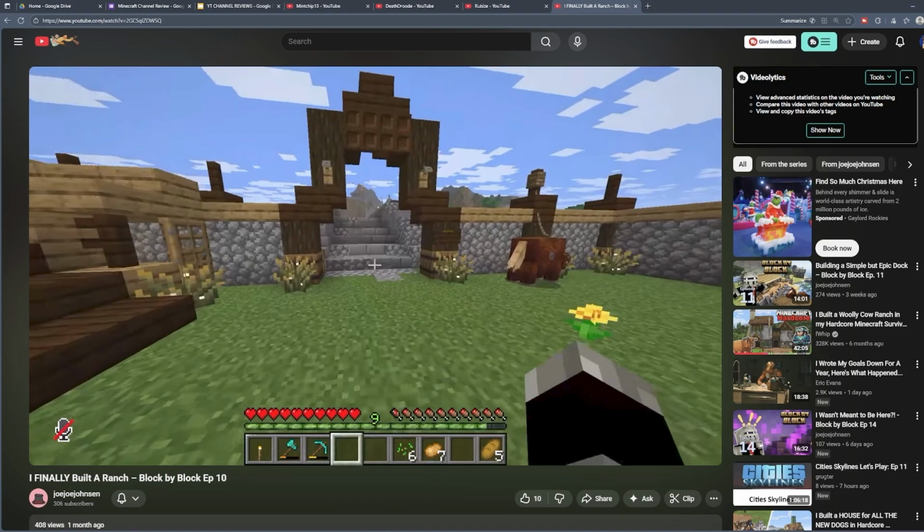So I would spend some time thinking about how I can explain what block by block is in one sentence in a way that would intrigue a new viewer. And you can even use AI to help you out with the ideation process. But we have some cool builds over here.